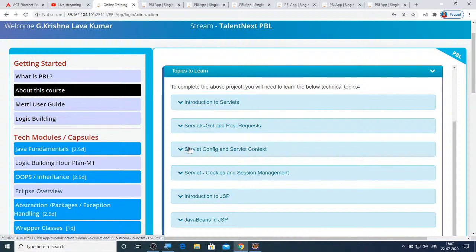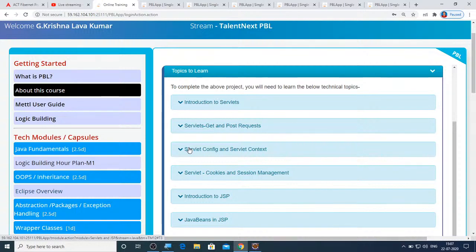And post you generally use when you are submitting usernames or passwords, or when you are filling an online application form and submitting it to the server. In that case, you have sensitive information that cannot be appended to the URL. You want it to be kept secret. Such times you use the post method. So that's the basic difference between get and post methods.